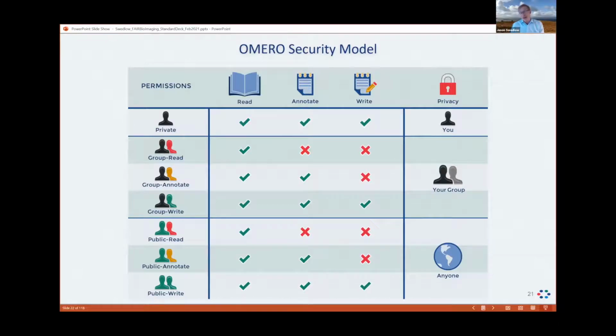But each of those have a database underneath them. And so when you log in, you see the information related to you, but you don't see, for example, your neighbors', you don't see mine. And OMERO is using exactly the same concepts. But we can adjust these depending on what you want to do. So for example, we have this idea of groups, and groups can have many different status. So you and I can be in a private group, so I can see and annotate and write my data,